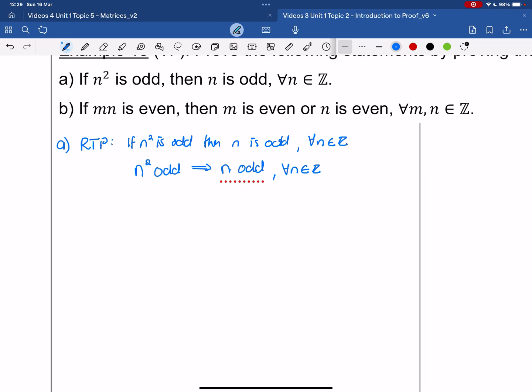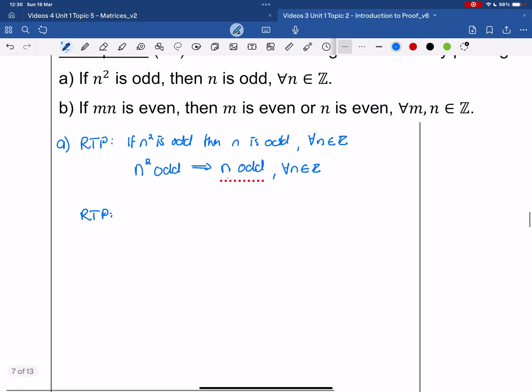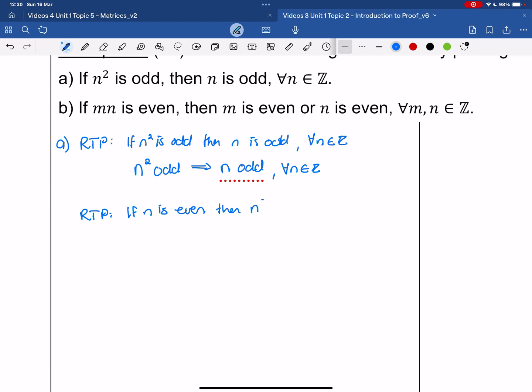So that then says our opposite statement of n squared is odd is n squared is even. Our opposite statement of n is odd is n is even, and we need to swap them around, okay? So if n is even, then n squared is even for all integer values of n. So our contrapositive